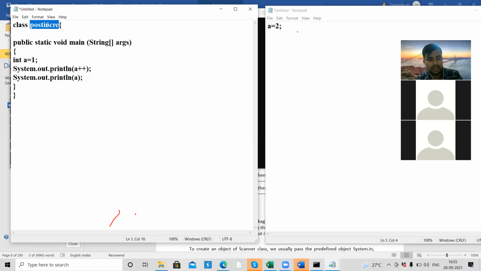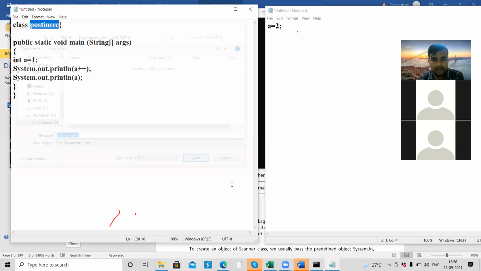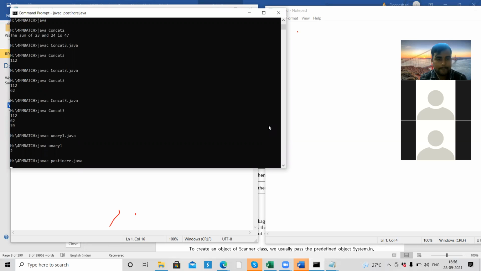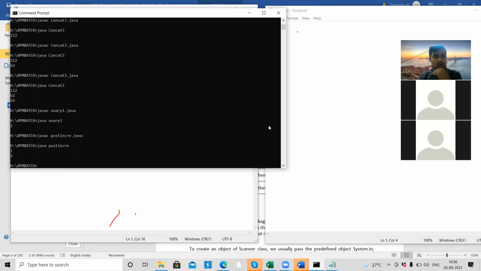Let me save it with this name and run it now, with javac. Now see, we are getting 1 and 2, because after printing, the value of a is getting increased. That is called post increment.